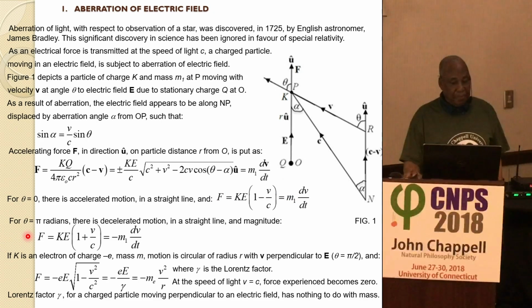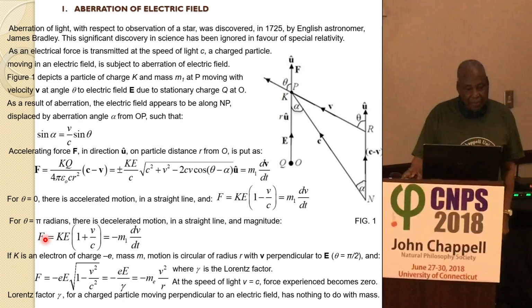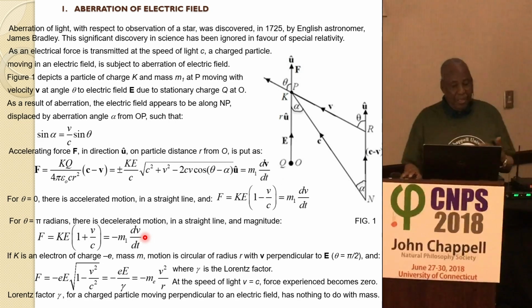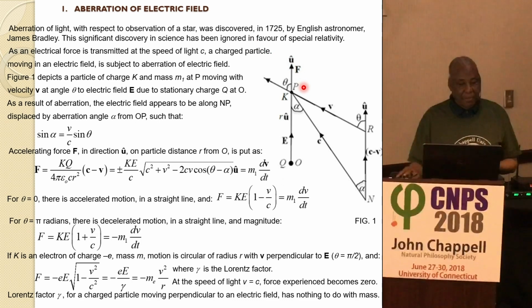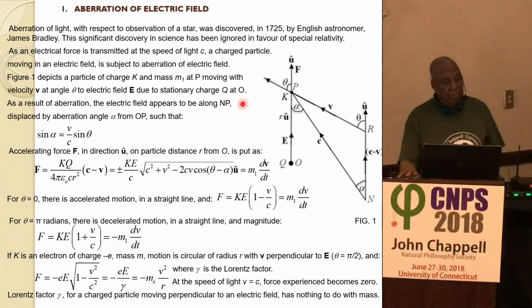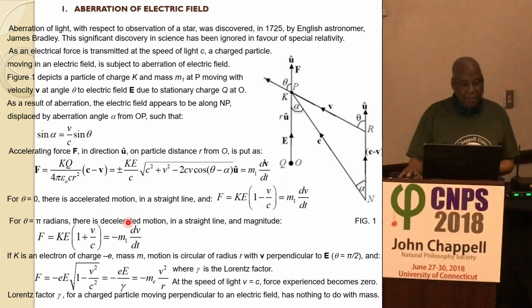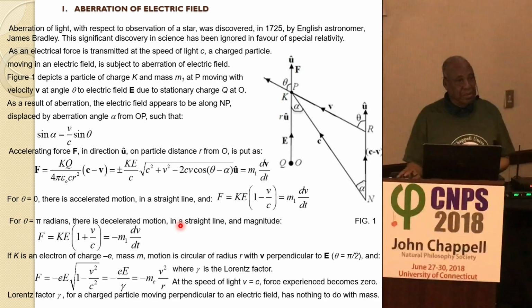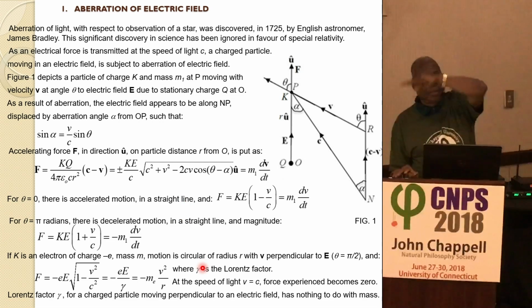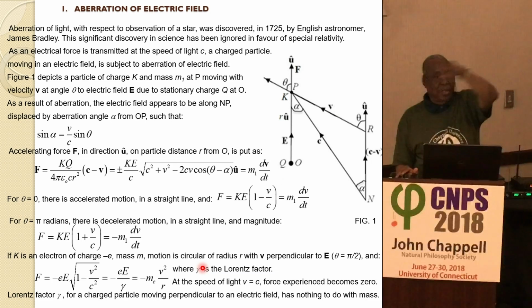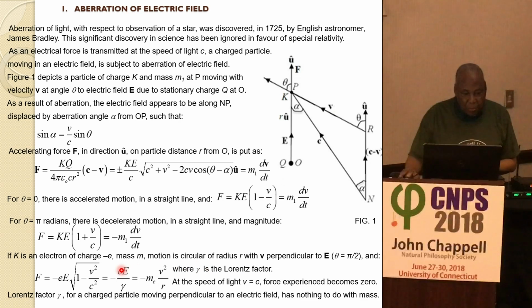If theta is equal to pi, what do you get? You get this equation. In the case of K being a negative charge, say an electron, then it is possible for it to move round the nucleus under the force of attraction. In which case, if it moves in a circular path, theta becomes pi over 2, 90 degrees. If you have a particle moving around a nucleus in a circle, it moves at right angle to the electric field. So if theta is equal to pi over 2,